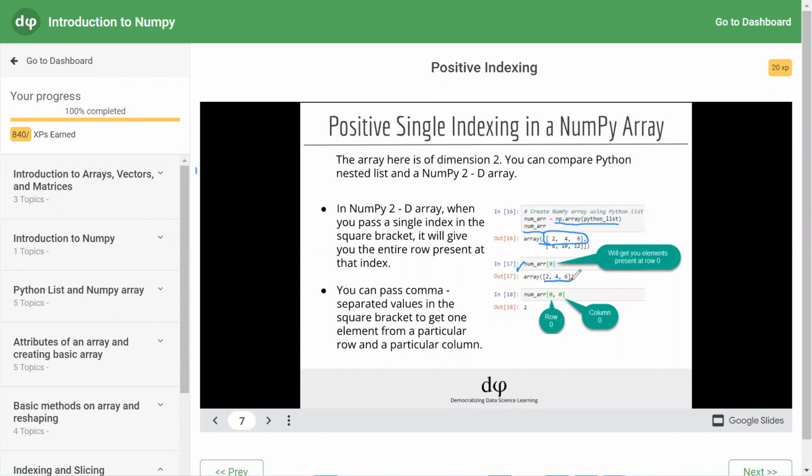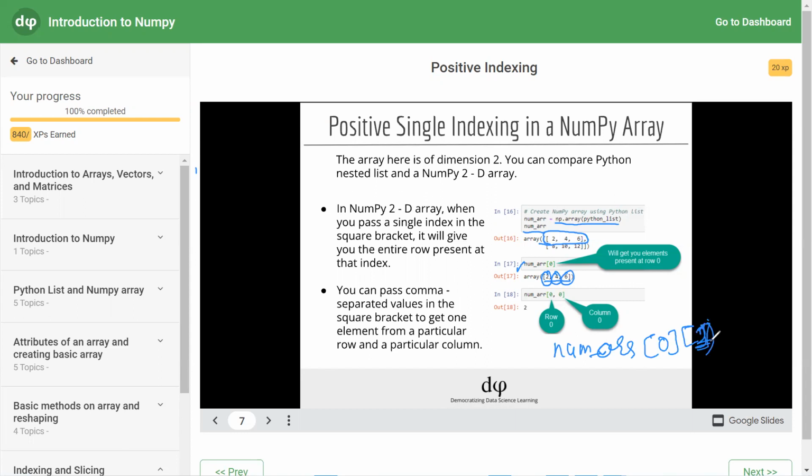So it will give [2, 4, 6]. And from this first result, we want 4. So you can give the array name, square bracket 0, and from that you access 1.